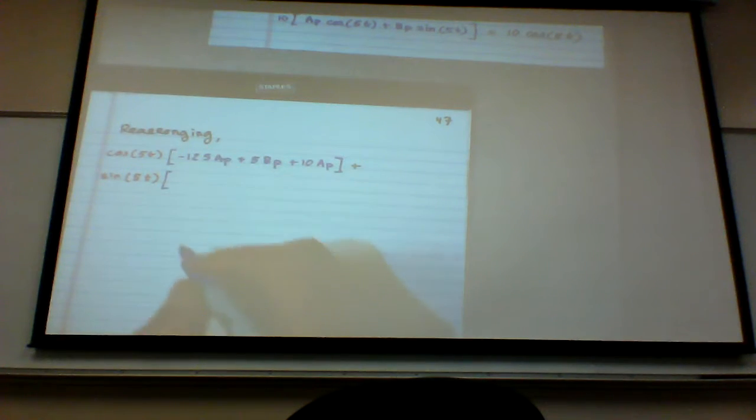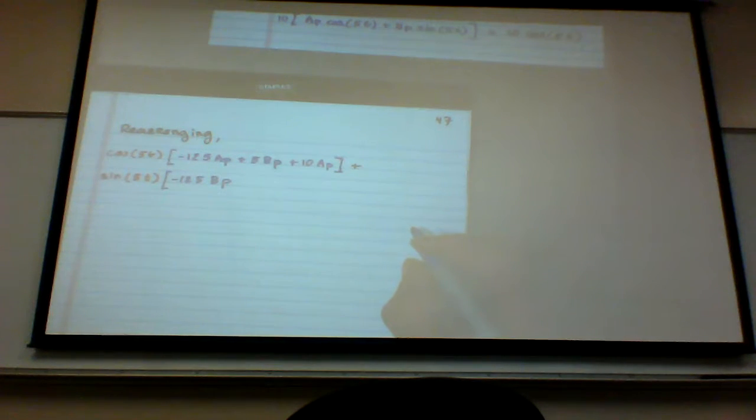Plus, we do the same thing for the signs. So what would that give us for the signs? Minus 125 BP. Minus 5 AP. Minus 5 BP. And plus 10 BP. Good. And all this should be equal to 10